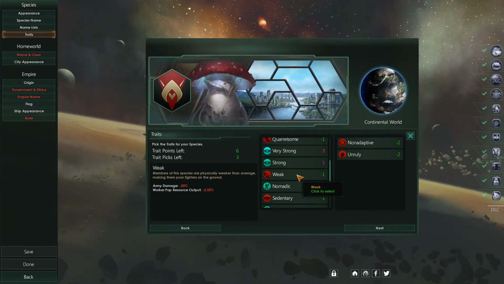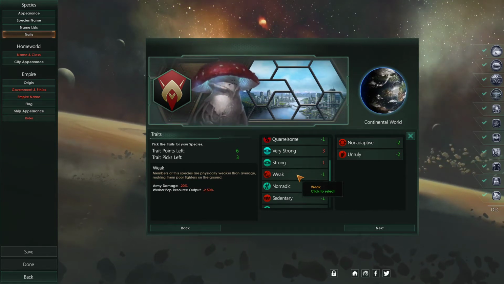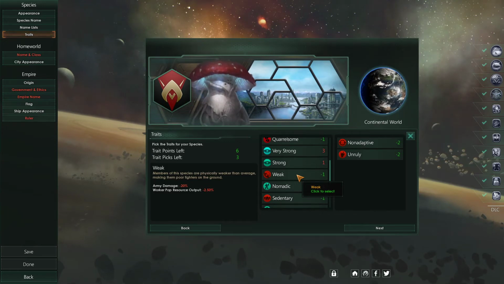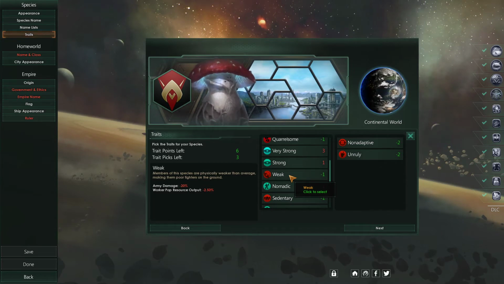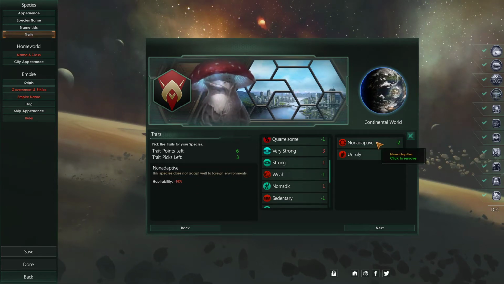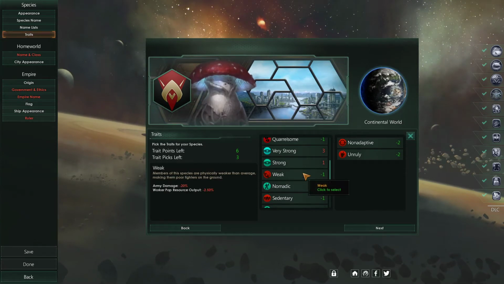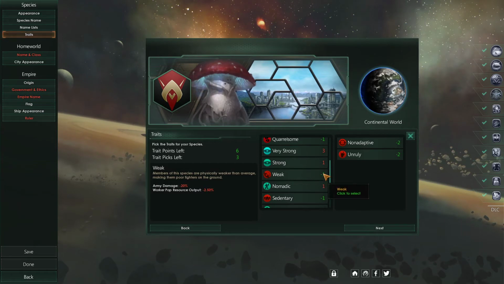Other ones we've got is weak, so we do less army damage, which is a pain in the butt, and our worker pops do less resource output, and that is a pain in the butt also. That's probably worse. It's strange that non-adaptive is worth 2 points and weak is worth only 1 point. The way these trait points work is...